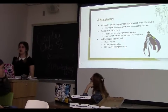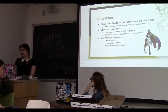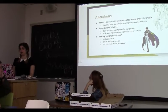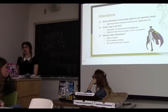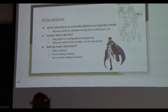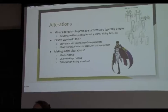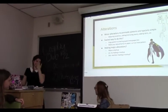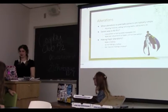If you're making big alterations, then I would definitely recommend making a mock-up. And so, as you can see, make a mock-up or try making a mock-up. Did I mention, make a mock-up? What's a mock-up, Jessica? So a mock-up is basically,